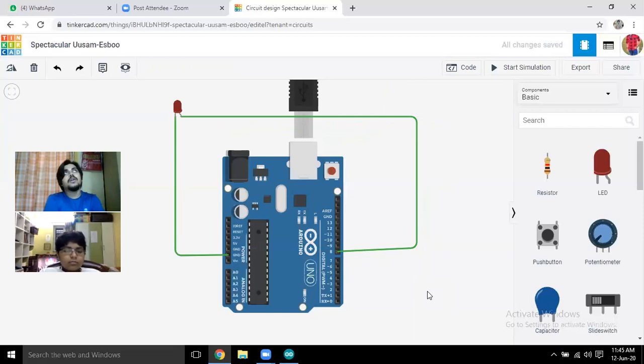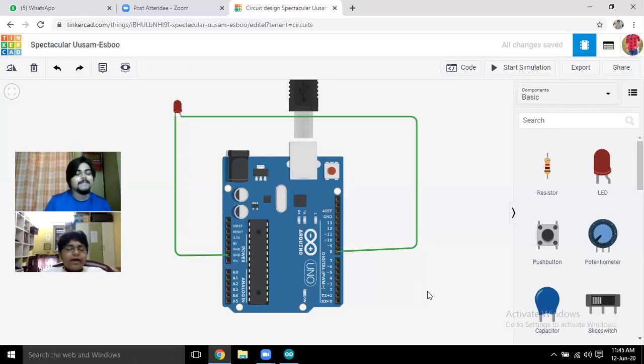Yes, but we could have also plugged it into an analog pin. But why did we do it in digital? We did it in a digital pin so that we can give a set of instructions and it can follow them. In analog also we can do the same, but why did we do it in digital? First tell me, LED is what kind of device? A digital device or an analog device? Digital device. Yes. Since the LED is a digital device, that's why we are connecting it to the digital pin.